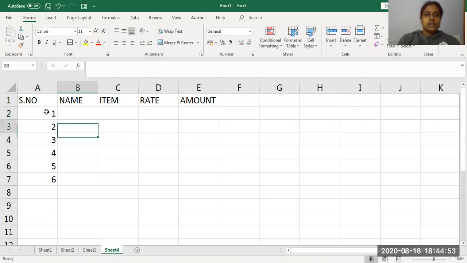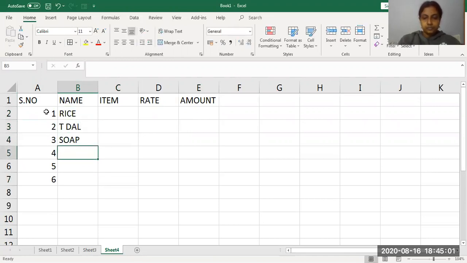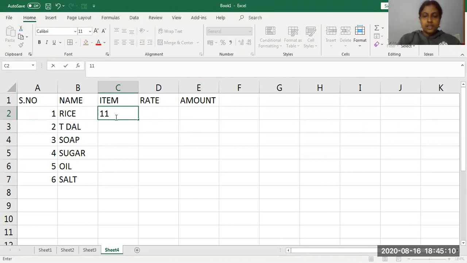Serial number, then item, give some item names. For example, we will make these item names. So we have mentioned the item, and then mention the rate of the product.